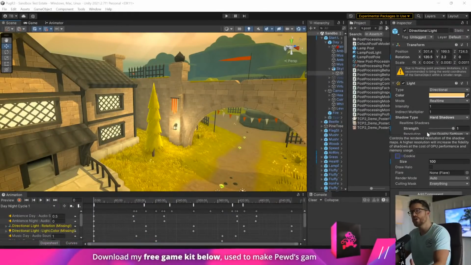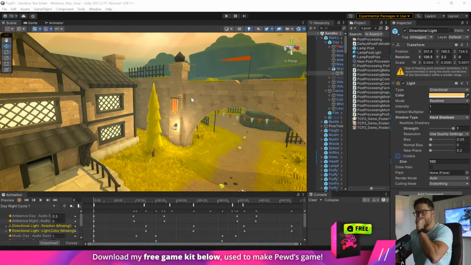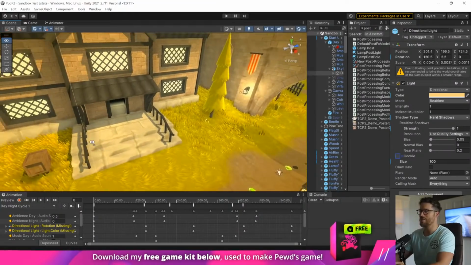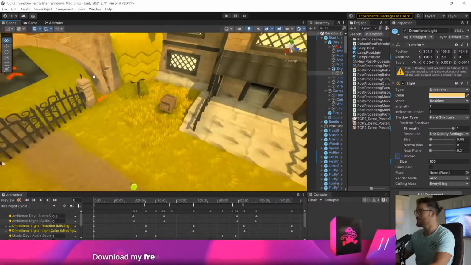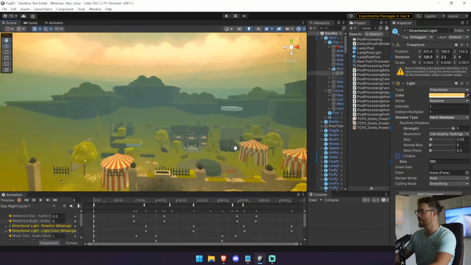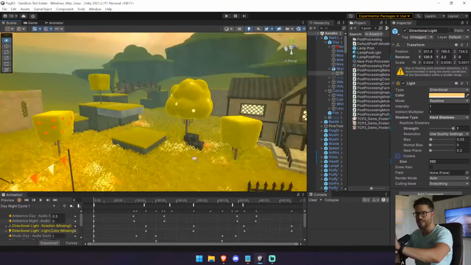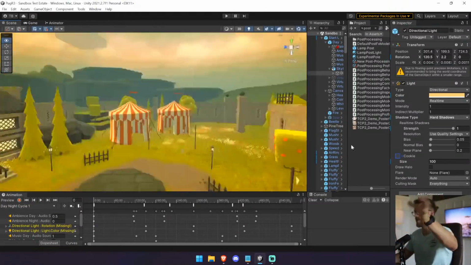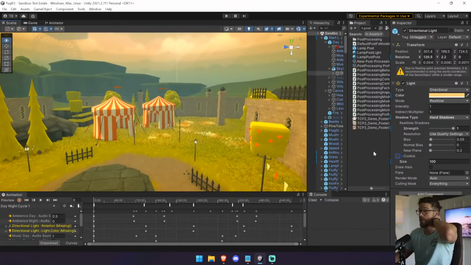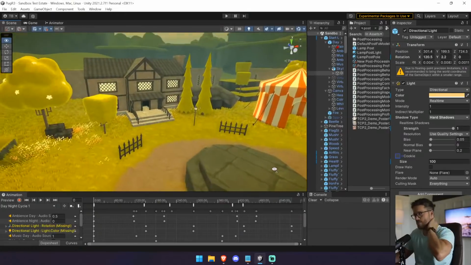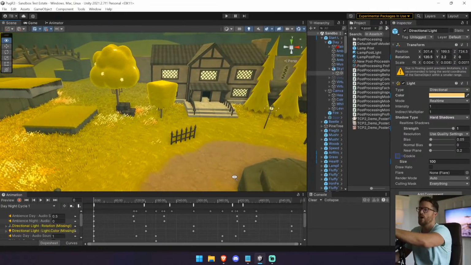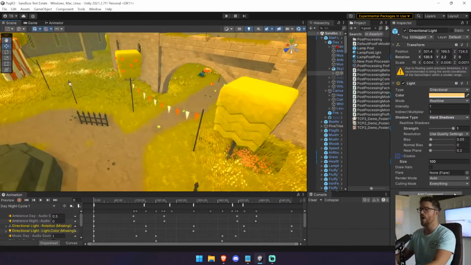All right, guys, things are really coming along with our dog game. So this is what we've currently got. It's really coming together. And believe it or not, this scene is a mess. We're just throwing objects around, getting everything set up as prefabs so that we can actually build out a level. So this is definitely a mess, but all of the objects we've created here are inspired